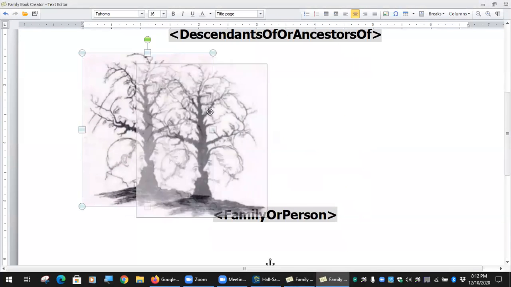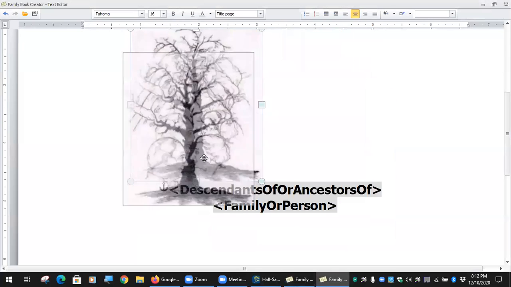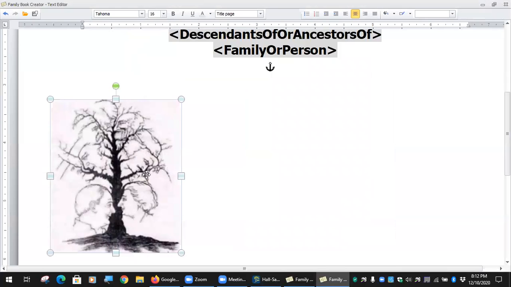Then we can start dragging it wherever we want. So if you want to even include more pictures,